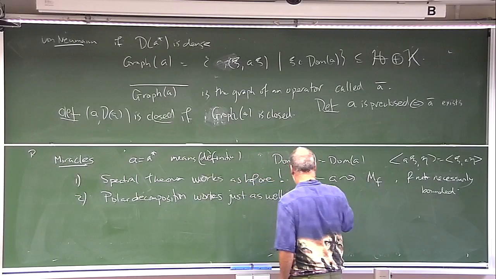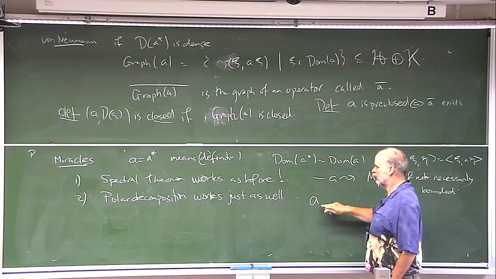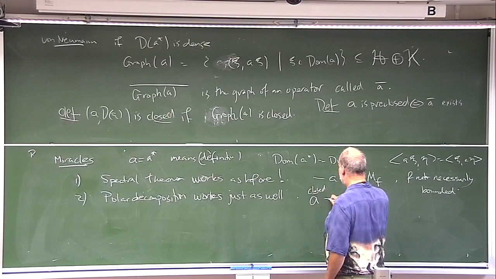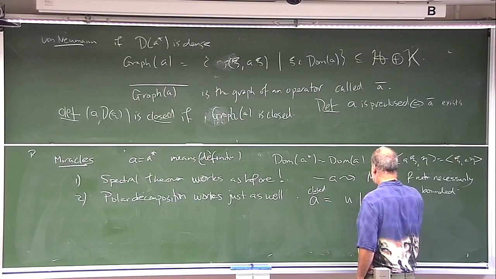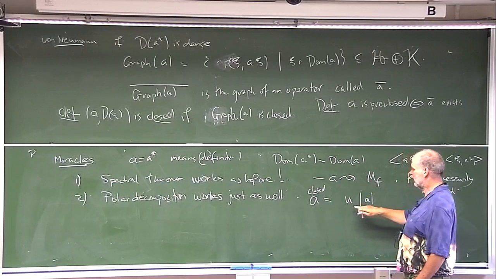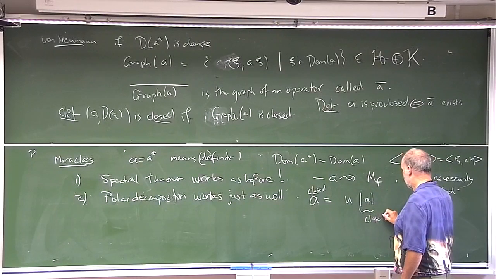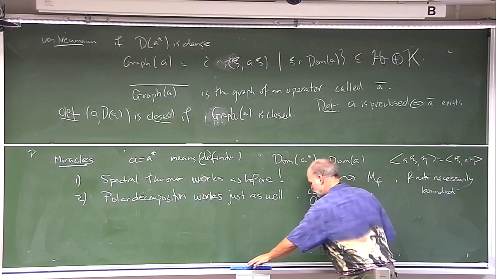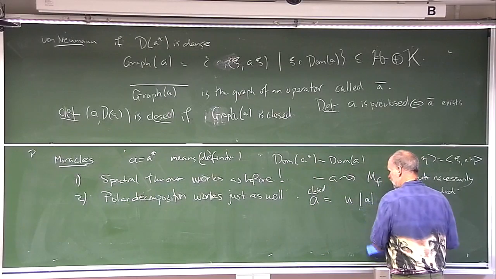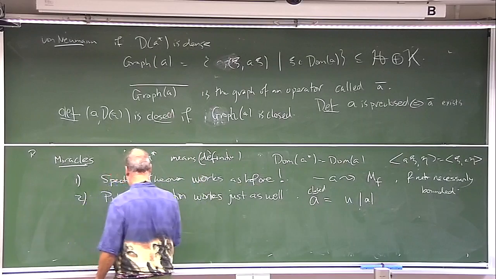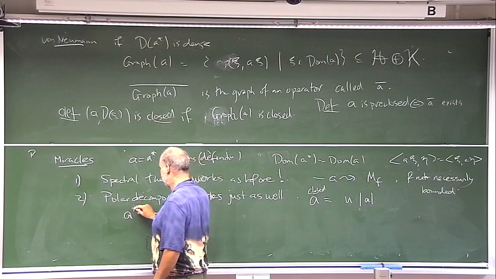So in other words, given a general closed unbounded operator, there exists a unique decomposition where this is a closed, self-adjoint, positive, well, in fact. So here's the theorem. The first miracle is that if A is a closed unbounded operator, then A star A,